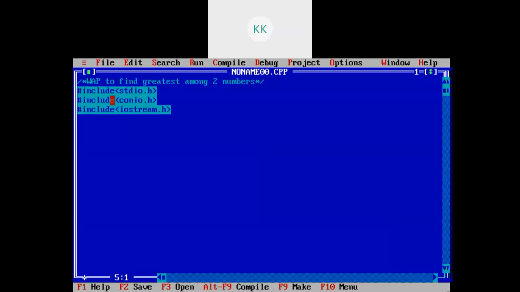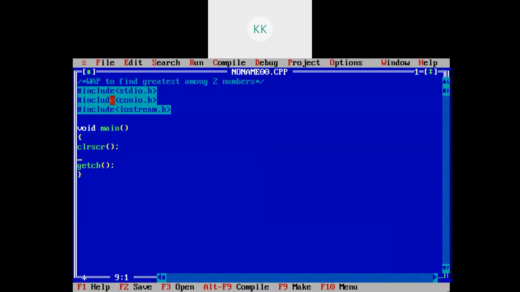So these three header files I have included, and I will write void main and clrscr to clear the screen. Similarly, getch to see the output.